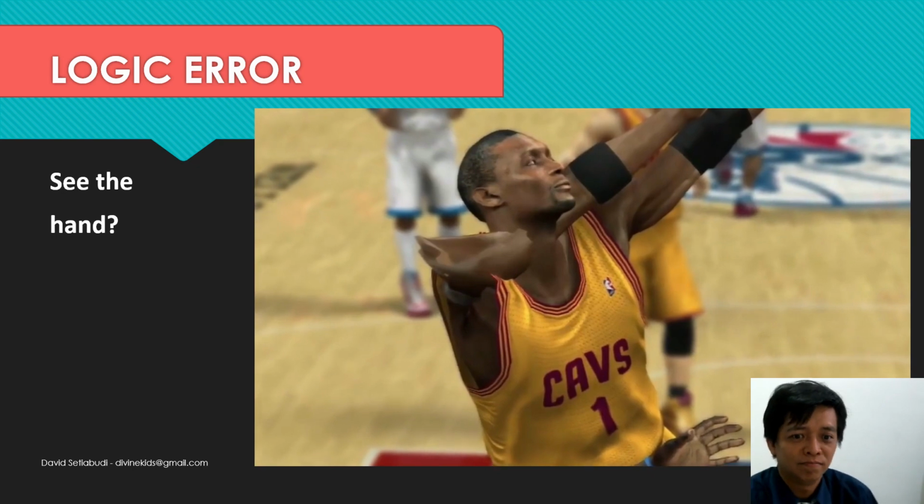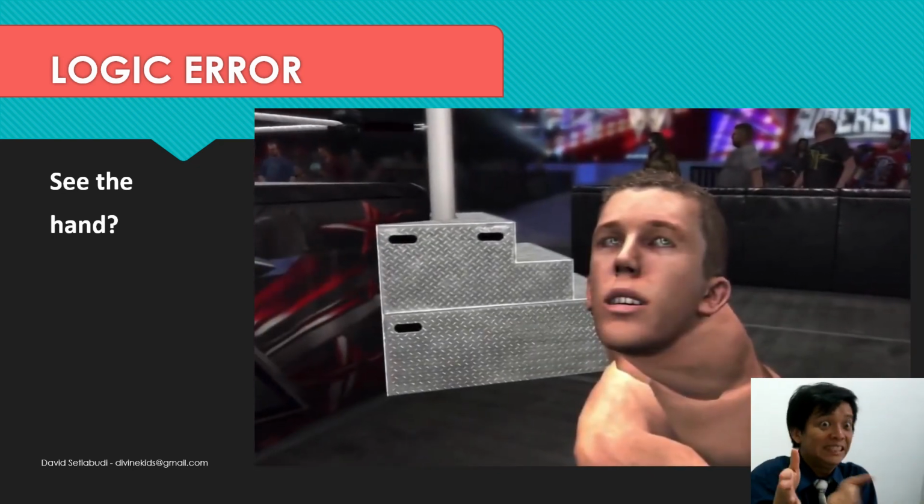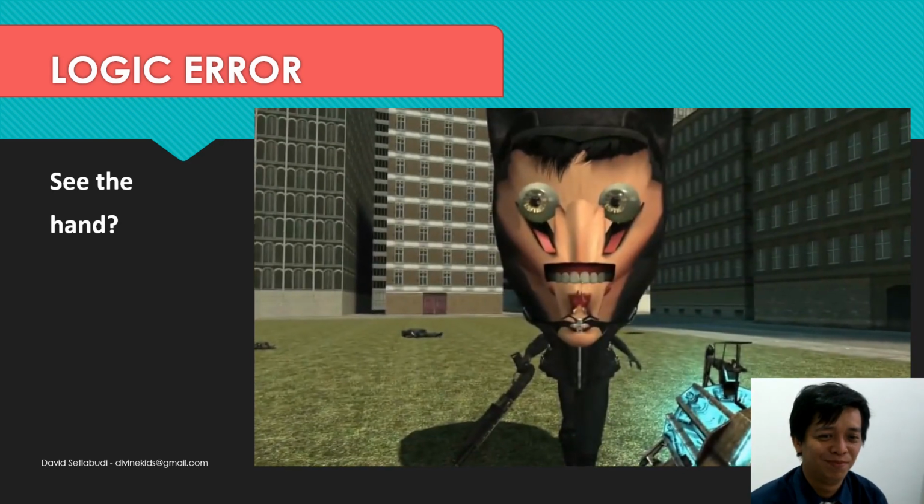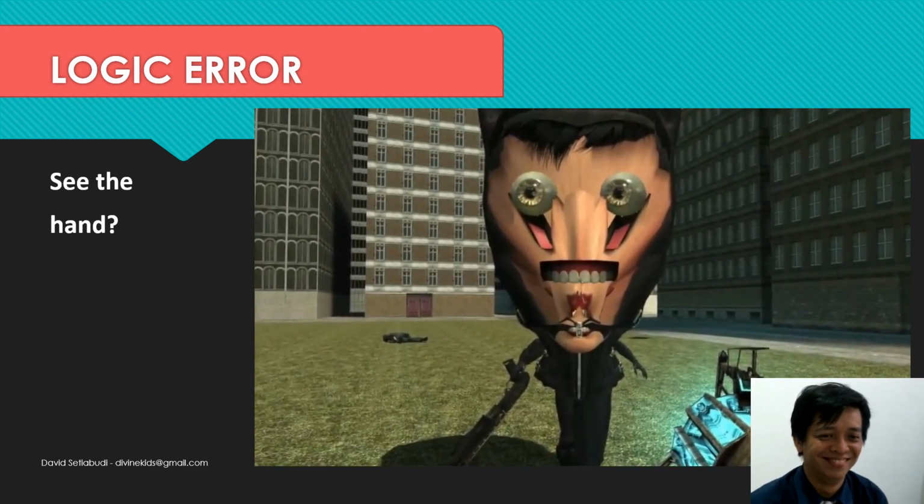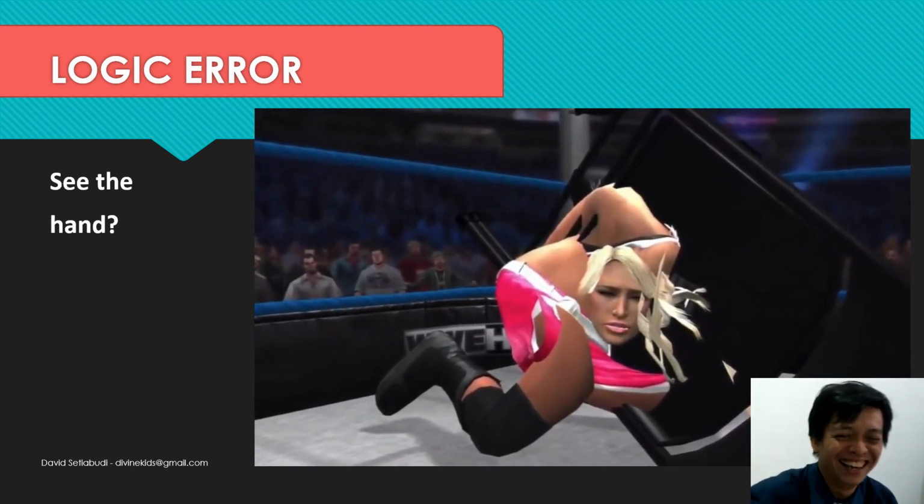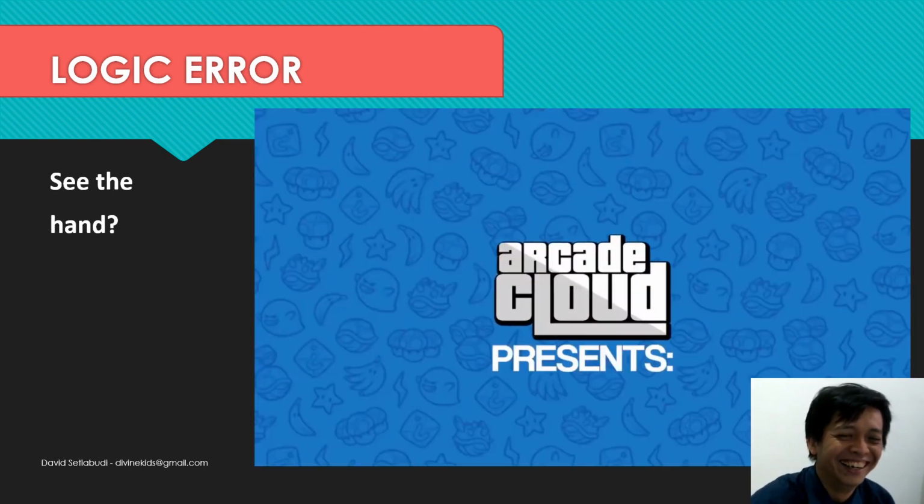Glitches in games tend to be frustrating. After all, what's more frustrating than buying an unfinished, broken product? But honestly, if they don't break the game or impede your progress, sometimes it can make a boring gameplay session turn into one of the funniest things you've ever seen. Hey guys, Arcade Cloud here. And